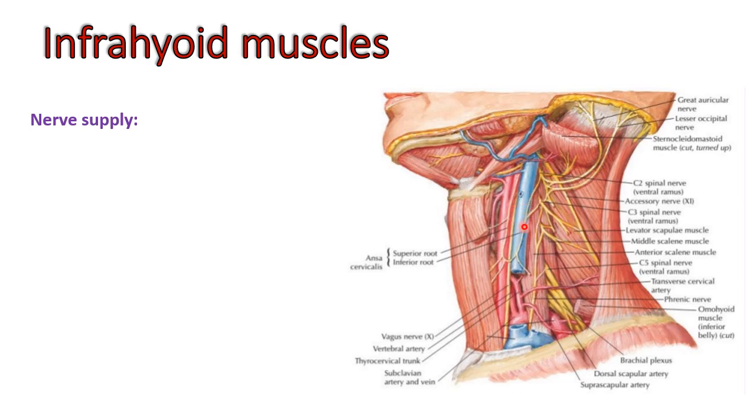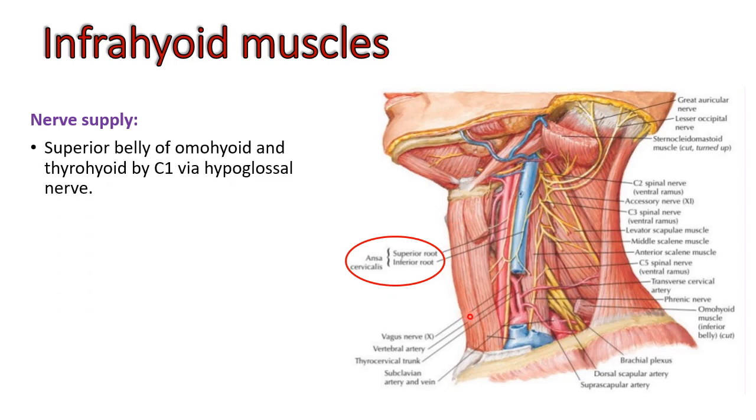Again, we will be discussing this in detail in the carotid triangle. Through its superior and inferior roots, the inferior root, mainly made up of C2, C3, will supply the remaining two muscles, whereas the omohyoid and the thyrohyoid will be supplied by the superior root, which is the C1 fibers, first cervical nerve fibers, which travel via